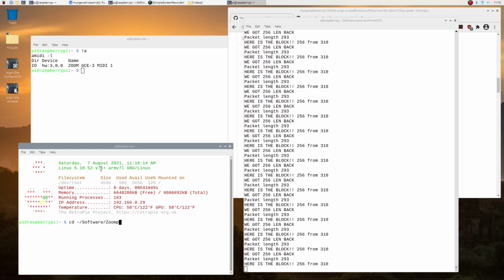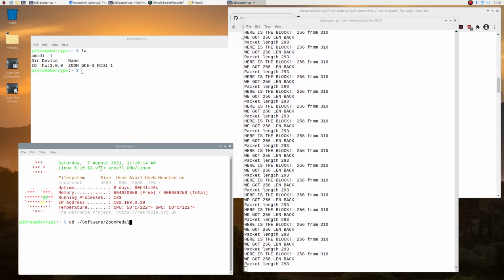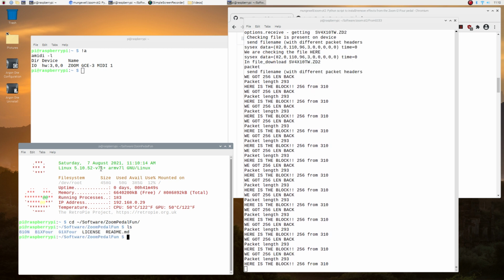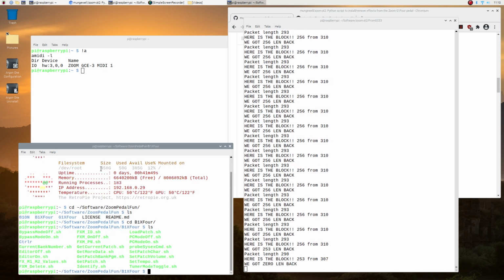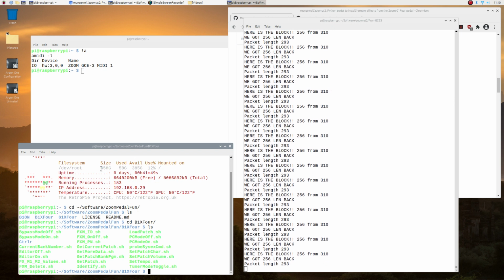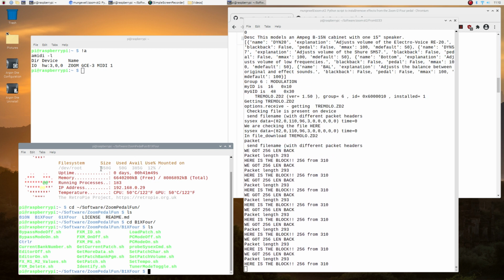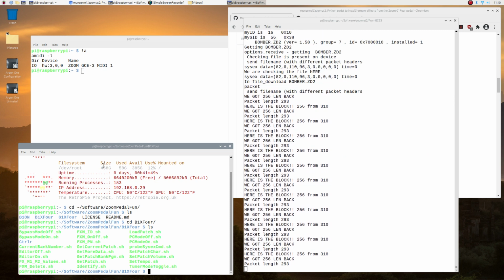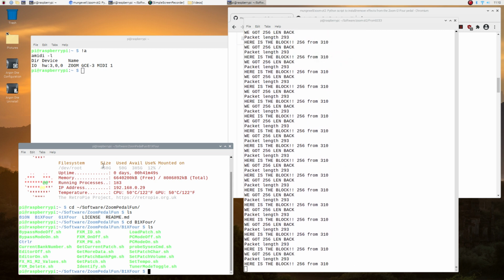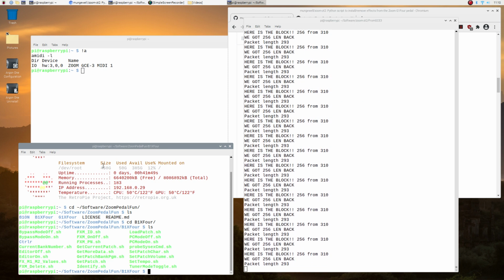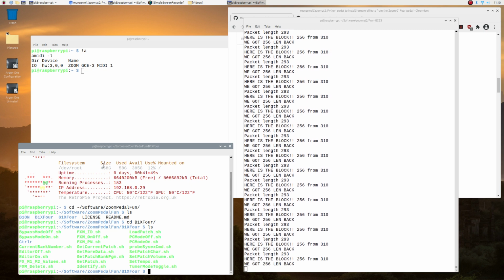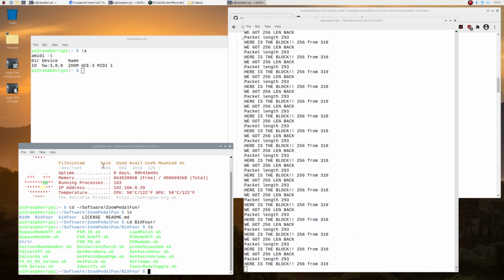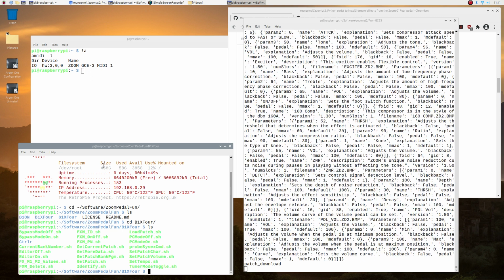Let's go to Zoom Pedal Fun because this is the clone of it from the Git. So if I go into B1X4, then I have an identifier. Now I can't run that at the moment because the machine is running on the left, so the port is busy. In effect, although you can't see it because I'm not showing you, Manjul's program puts the pedal into this PC mode, and normally something will come up on the screen to show you that. But of course, this is a piece of plastic, so you can't see it. So it's one of the disadvantages, but you can see in the background every so often it's flashing up that it's found stuff here. Boom, boom, boom, boom, boom.